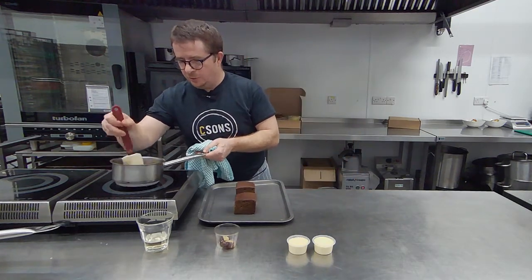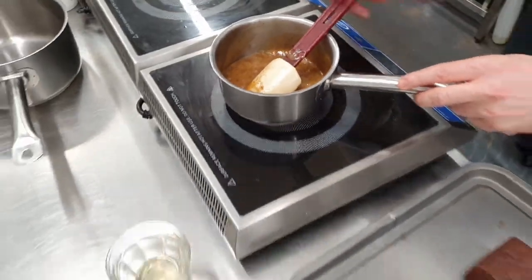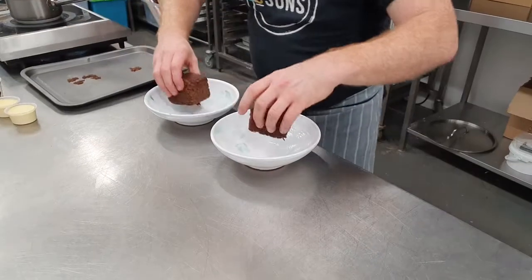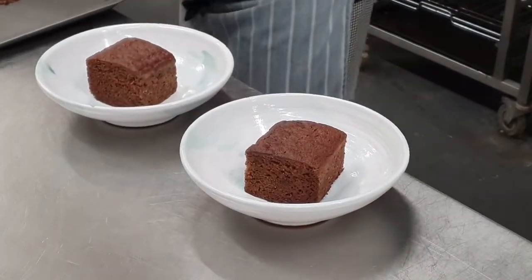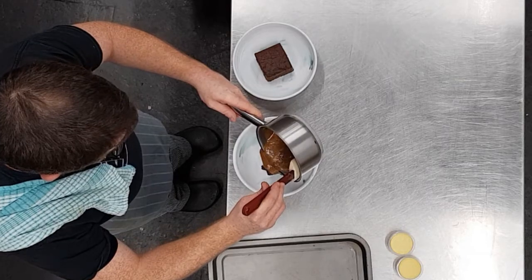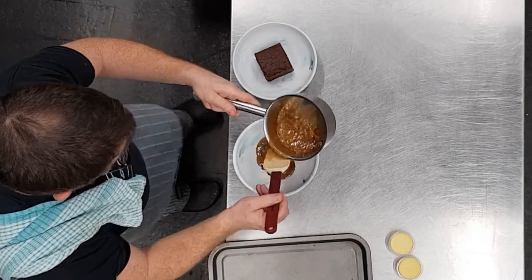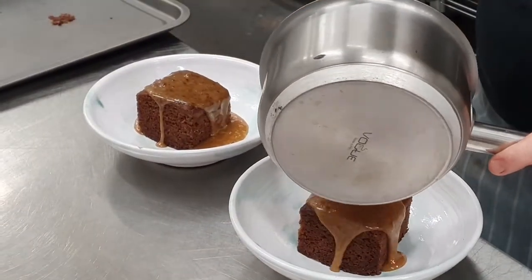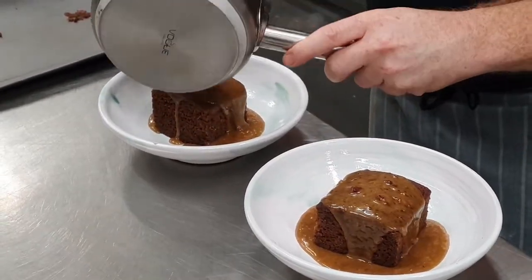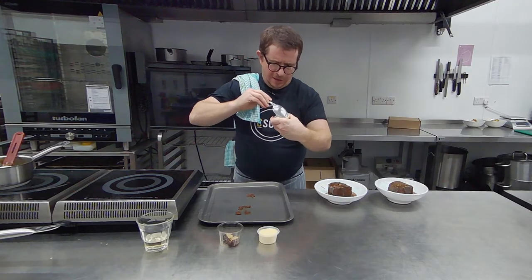My sticky toffee sauce is nice and just bubbling. Obviously first things first, cake in. Sauce on. Okay then,